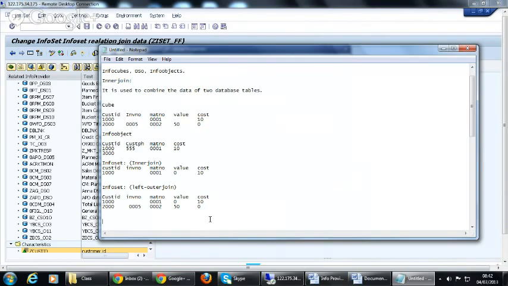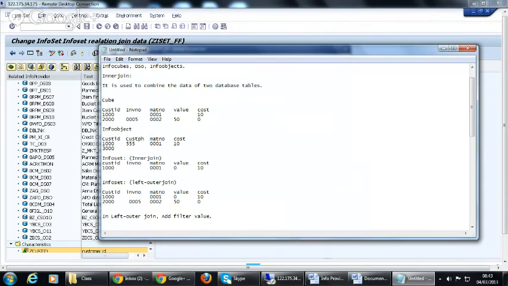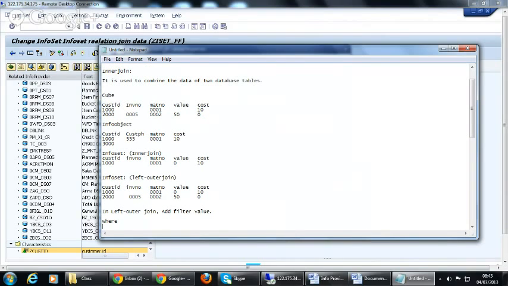There is an option in left outer join called add filter value. When you use add filter value, there are two kinds. By default, it is where, and you can change it to on.